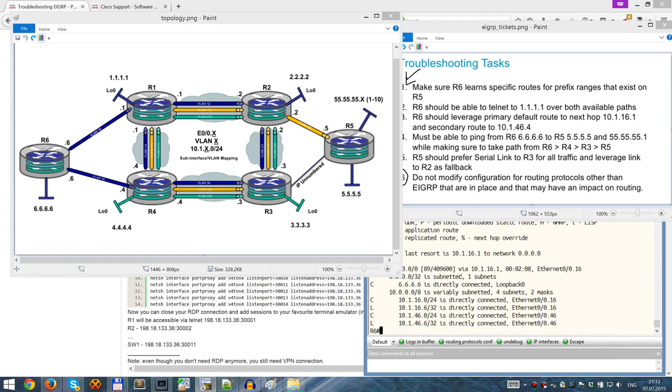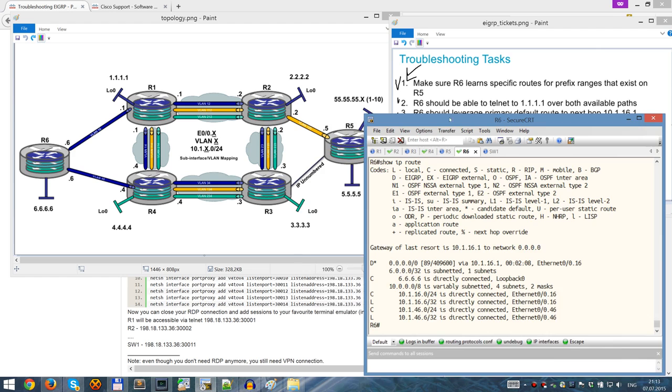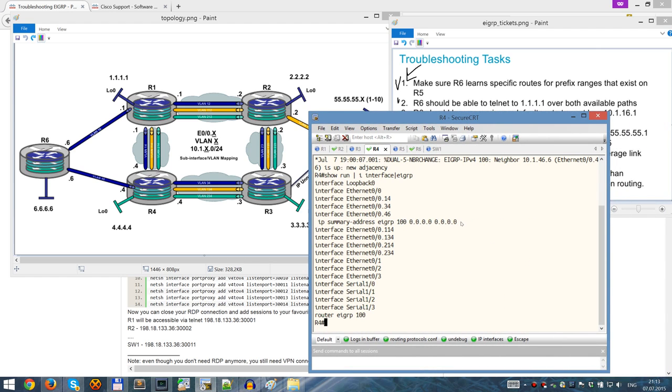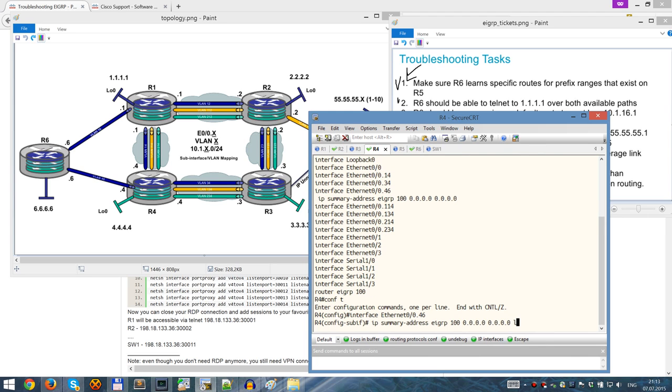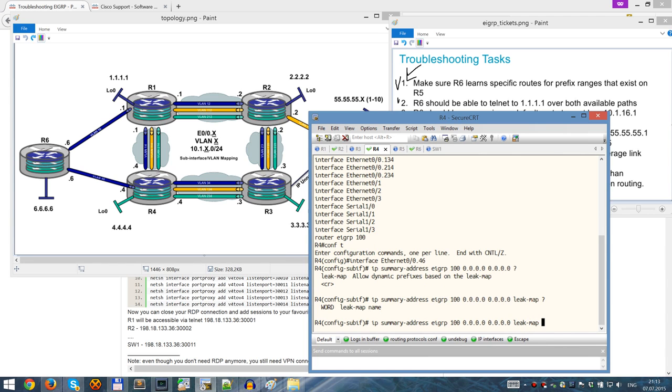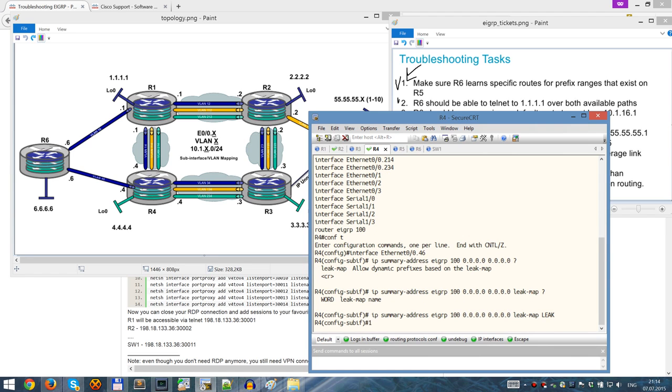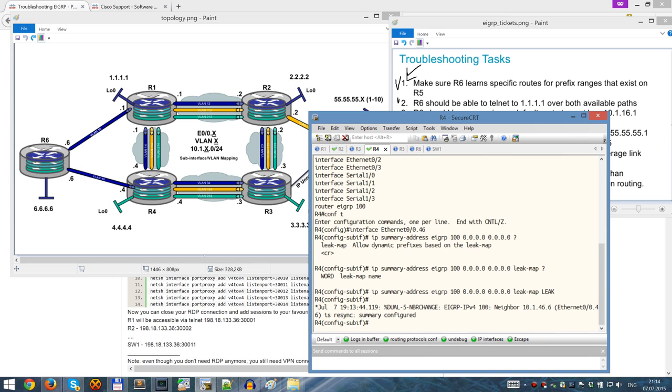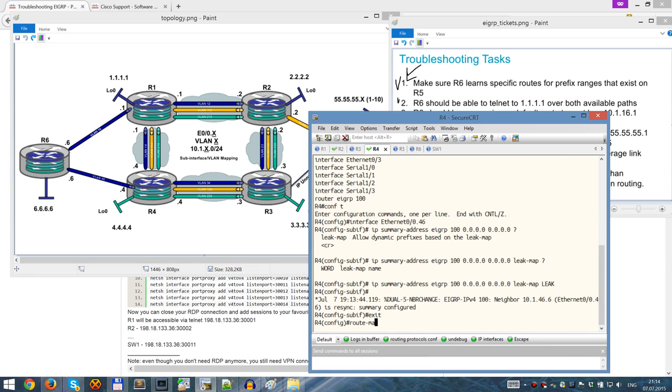All right. How should we do this? Let's go to R4 and let me repeat this configuration, and I will add leak map. You see, I do question mark, there's leak map, and we need to specify route map. So we name it like leak, right? Right. So now we exit and we do route map leak,